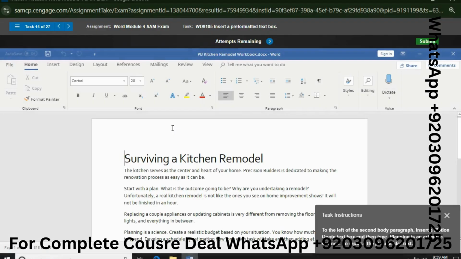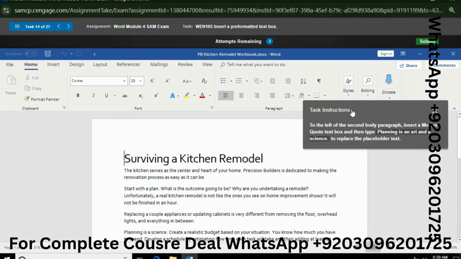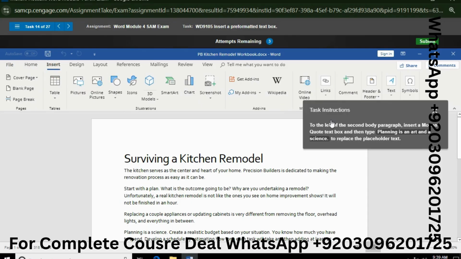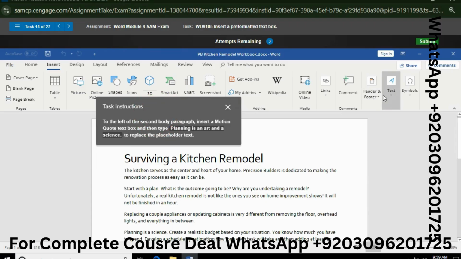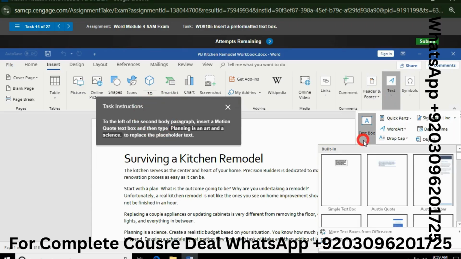Our answer is correct. Task 14 is to the left of the second body paragraph, insert a motion cue text box, then type planning to replace the placeholder text. I think this is the second body paragraph. Go to insert, in text box, click on this text box and then click on motion